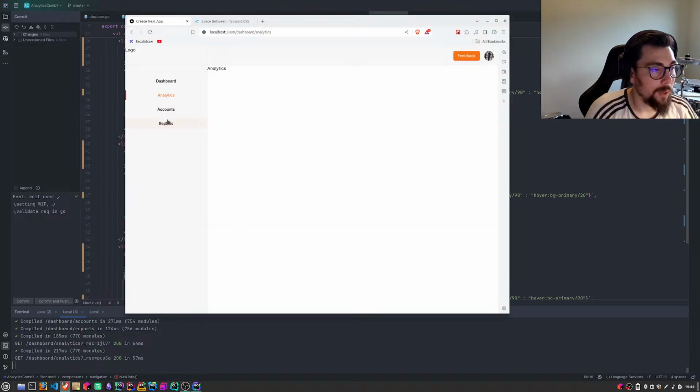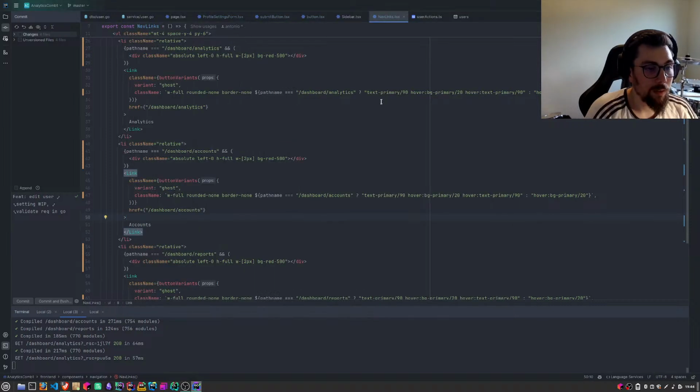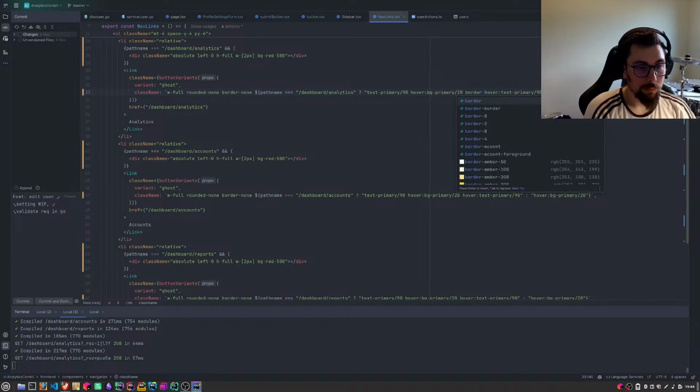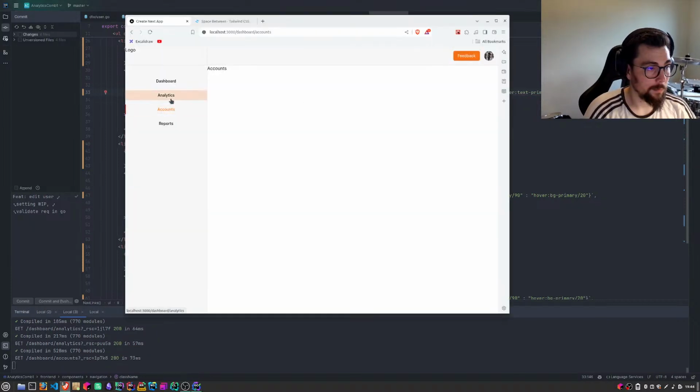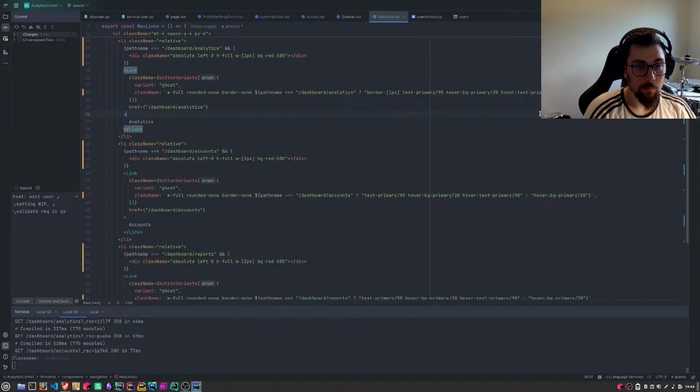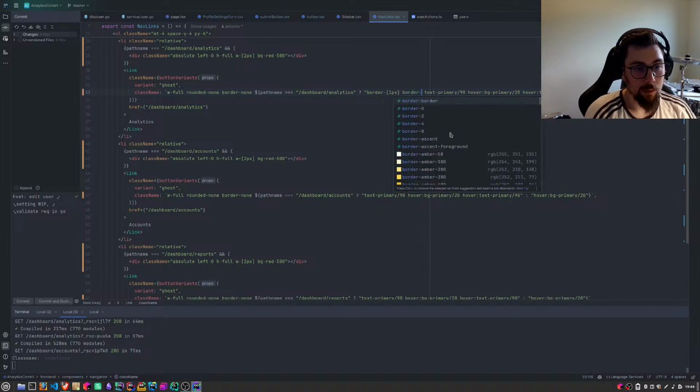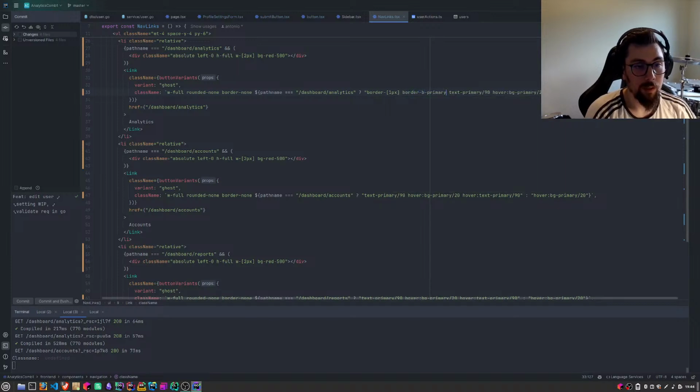Okay. So we did what I wanted to do, but I feel like maybe a border here. Border 1 pixel. No. Border primary 20.